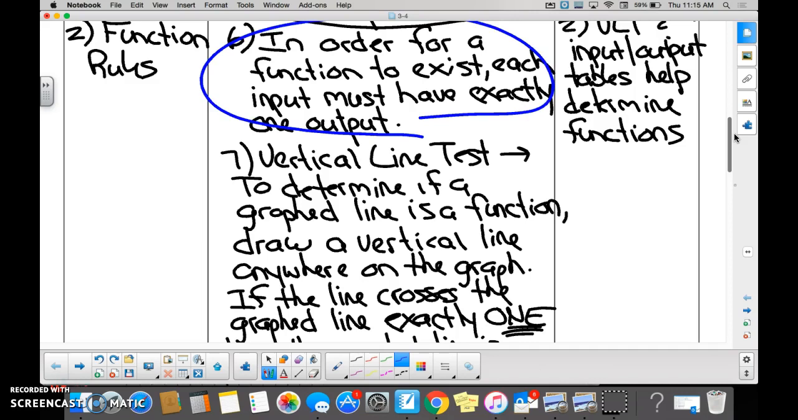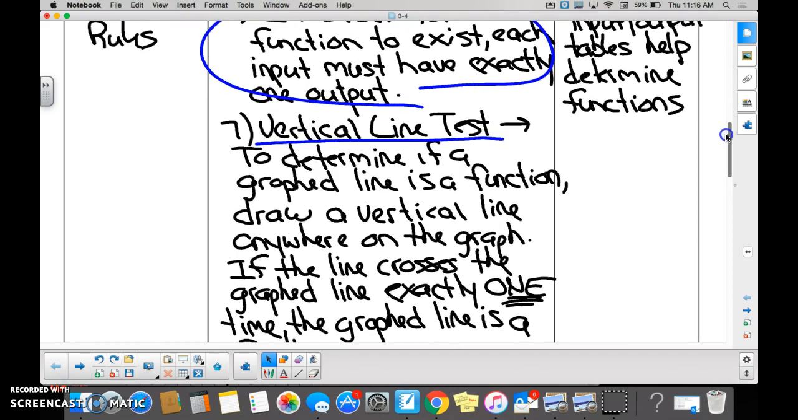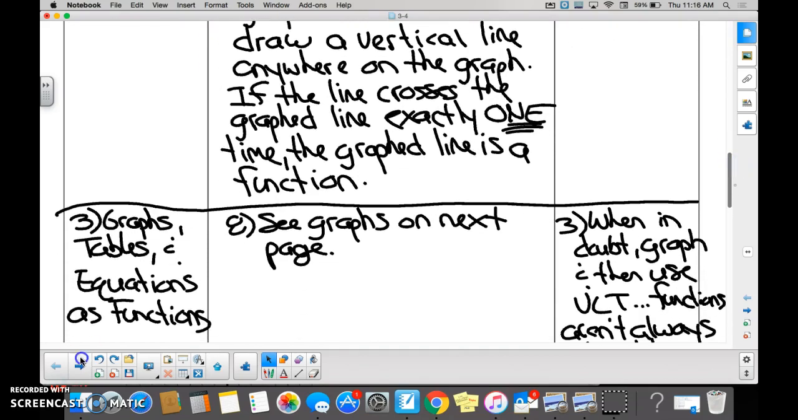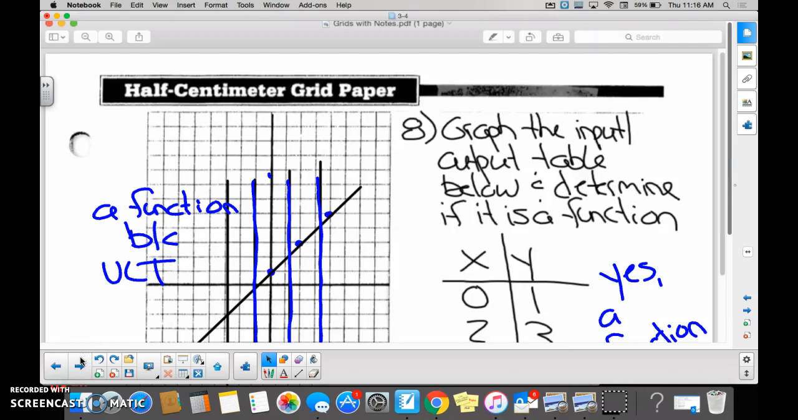Okay, the second way to prove whether or not an equation is a function, or some data is a function, is by using the vertical line test. And the vertical line test states that if you draw a vertical line through a graph equation, it should only intersect that graph equation how many times? Once. If it intersects it more than once, it means what? Not a function. Okay, and then you have multiple graphs to view. Okay, so if we look at the first one,